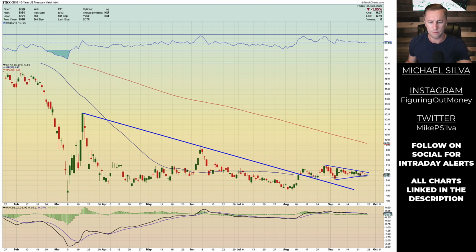I feel like that would be telling us, if we get a breakdown from this and maybe move lower past the 50 period, maybe back into these lower ranges, I don't even know what to say if we get back into the March lows. But if we do start seeing that come lower, that's going to signal some stress in the near future. You want to pay attention to the bond markets, because the bond markets, they don't lie. When they start pricing in lower percentage points, they're telling us that they expect future growth of the economy to be down.